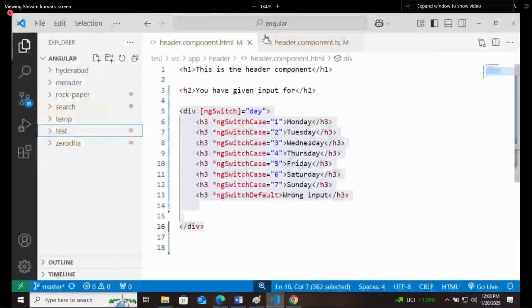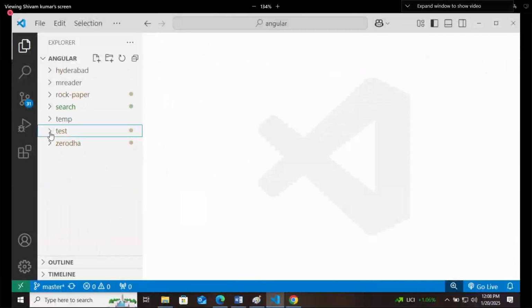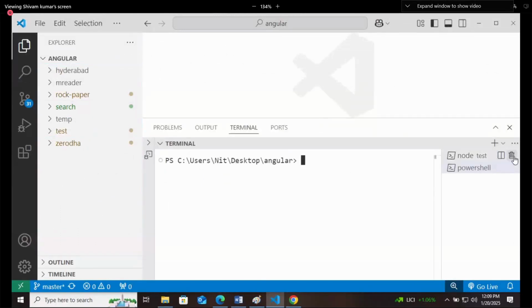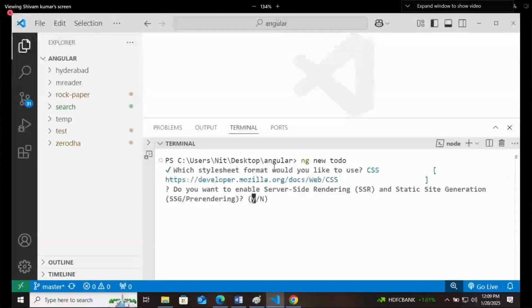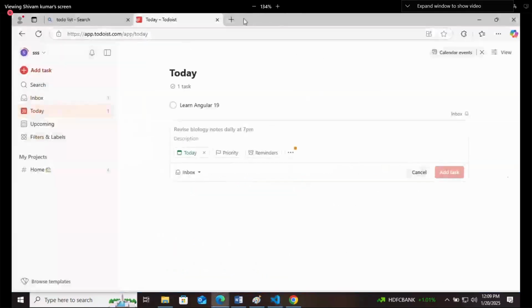For that, I'll close all of these. This also. And the first task is to create a new project for that. ng new todo. Understood? See, it might be looking difficult for you, but when we are working, it will not be difficult. Till then, let's finalize something.